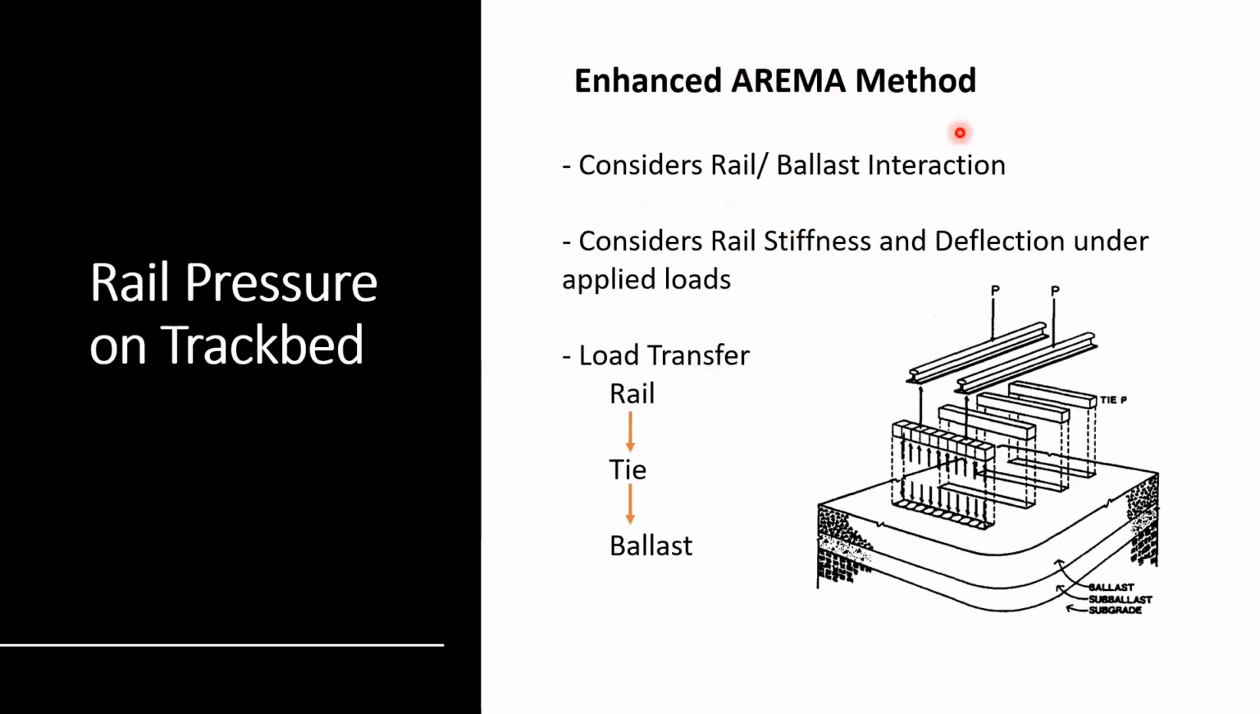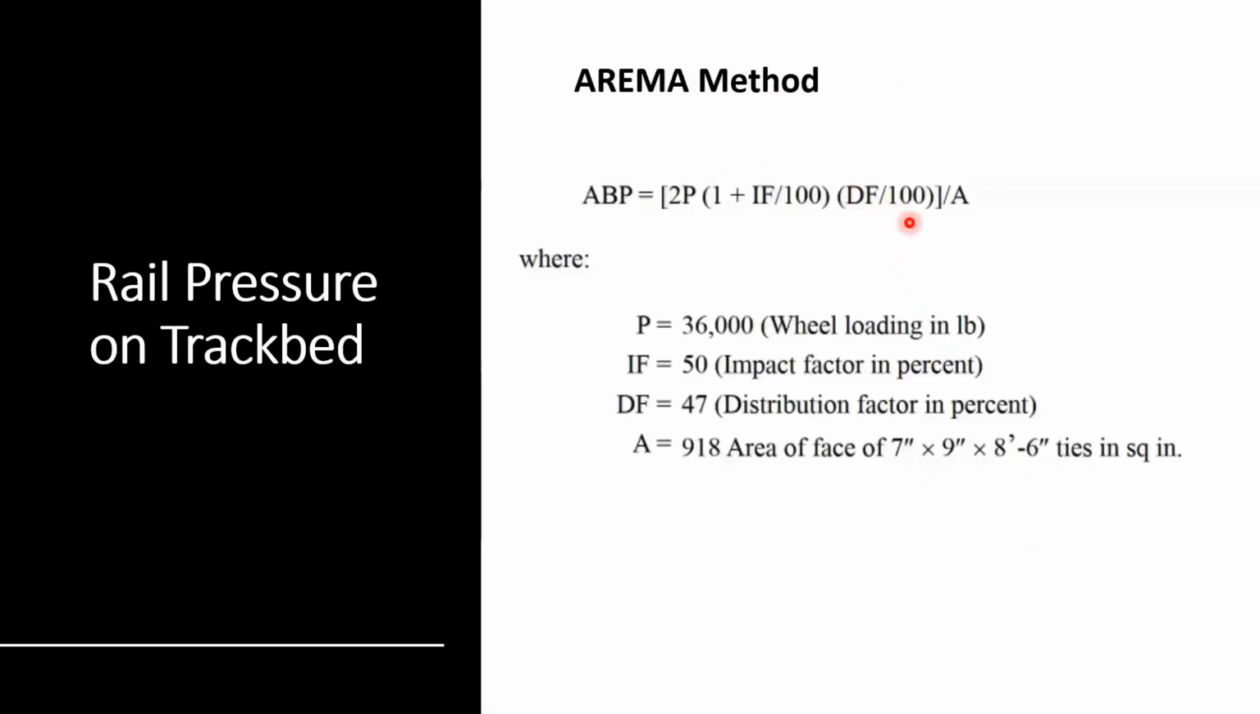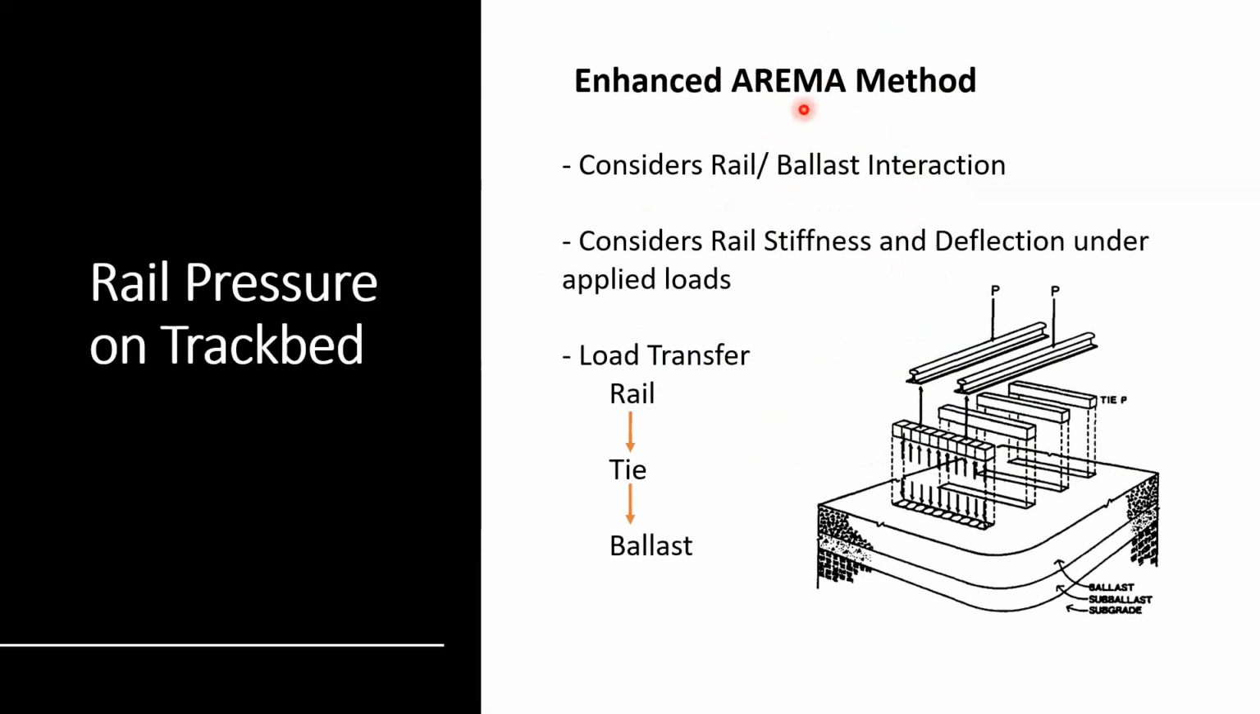And then there is also another enhanced method in the ARIMA. In this method, you basically consider the rail-ballast interaction. So this is sort of an advancement to the previous method. If you use this method, the ARIMA, or you try and follow this method, you will always realize that this method gives you probably 25 to 30% lower pressure on the track bed,